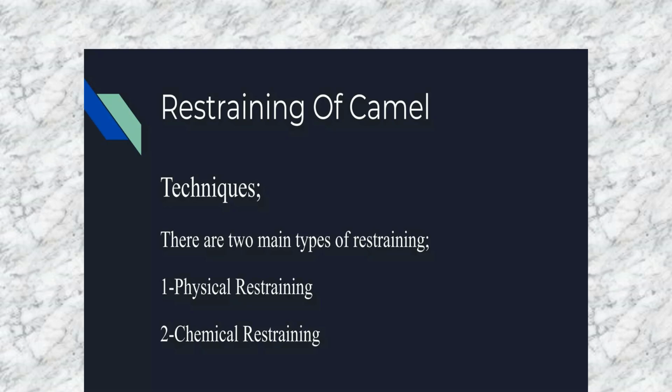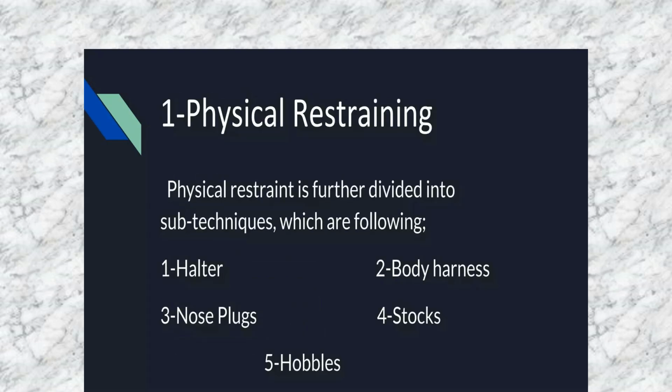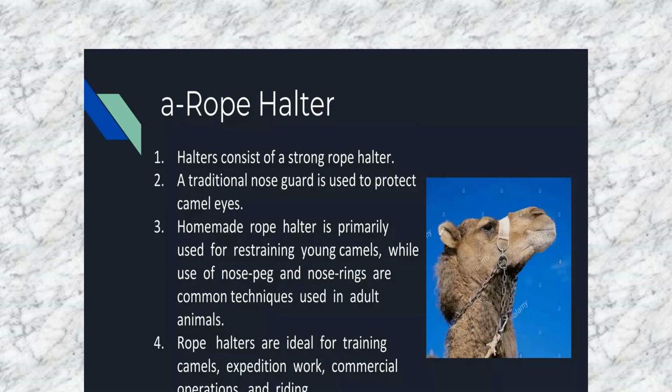Then there are two main types of restraining: physical restraining and chemical restraining. Physical restraining uses the halter, body harness, nose plugs, and the stocks or hobbles can also be put. Here you can see that the rope halter can be put on the mouth part of the animal